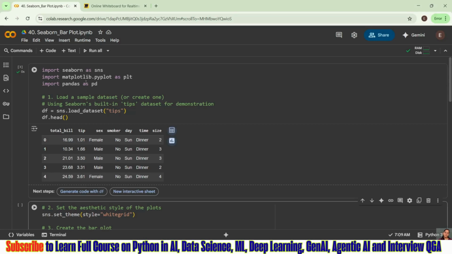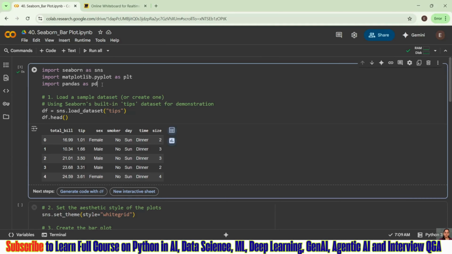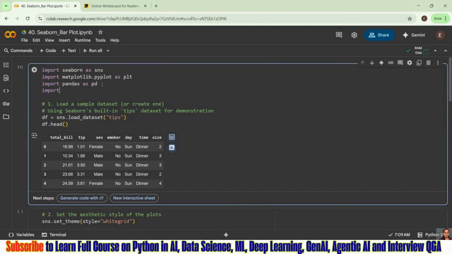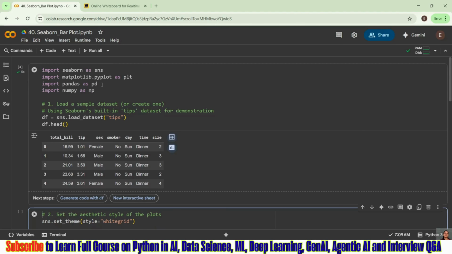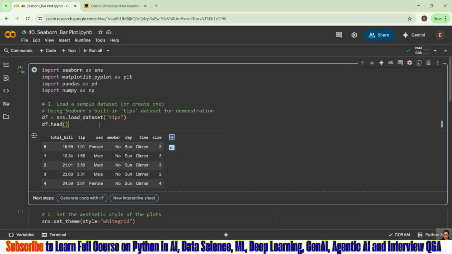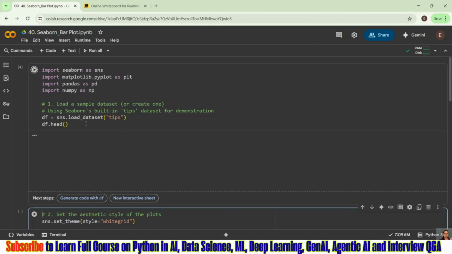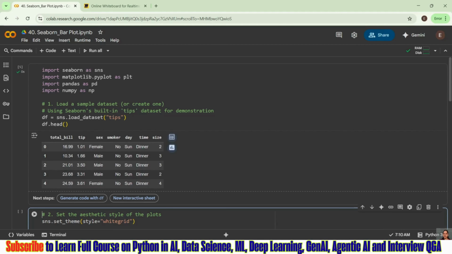Now let us talk about the bar plot of the Seaborn library. We know the concept. So first we have to import the libraries. Then I have taken the tips dataset again, because it is better to understand the concepts on one single dataset, and it will give a clearer picture of which condition to use, what to consider, and which plot to consider. So I am loading my dataset. Now we will go ahead.